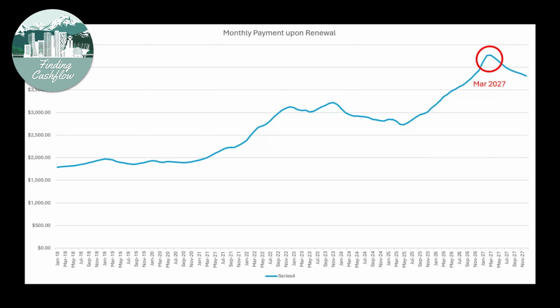The dollar value increase, as well as the largest dollar value payment at renewal, is dependent on the original value of the home. And even though interest rates bottomed out in 2021, it is because home prices didn't peak until 2022 that we don't experience the largest mortgage payment upon renewal until early 2027. And we can see that the monthly payment upon renewal, for someone who would have bought a home in Canada at the benchmark price or at the HPI price in any given month, will therefore be renewing at a much higher payment in early 2027 than they would have had if they had renewed in mid-2023.